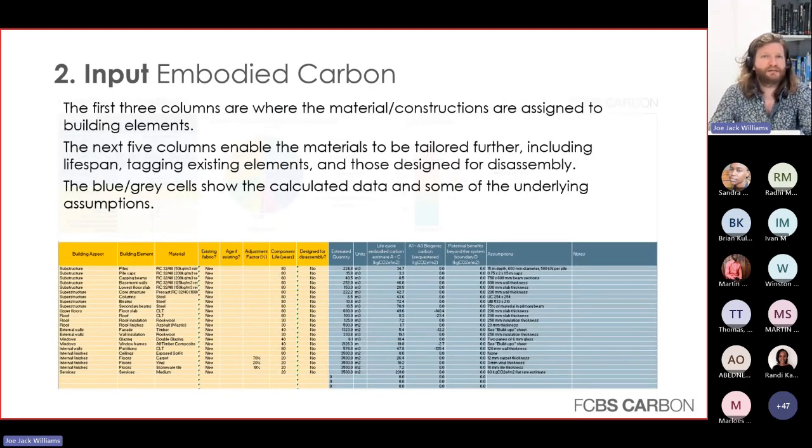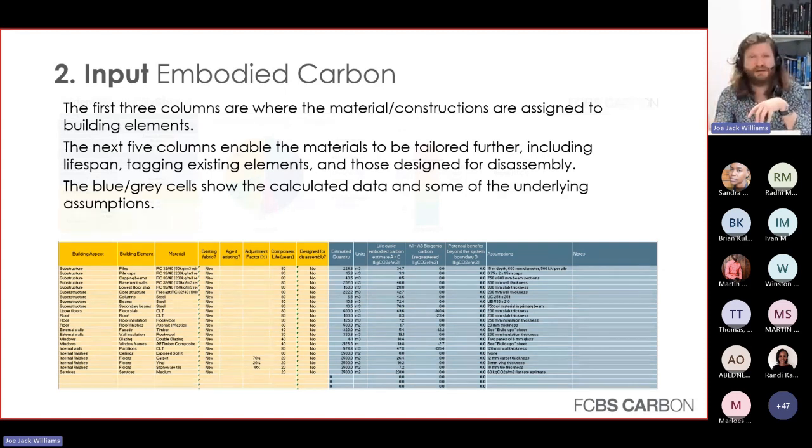So then this is probably where you'll spend most of your time. Here, this will come pre-populated with every building aspect, all of substructure, superstructure, floors, roof, walls, all this kind of stuff. Then there's building elements within them, and then there's a curated list of common materials. Now we've got some interesting materials in there that might be useful in Uganda. Some are going to be UK based. Hopefully, that'll give you a bit of a flavour.